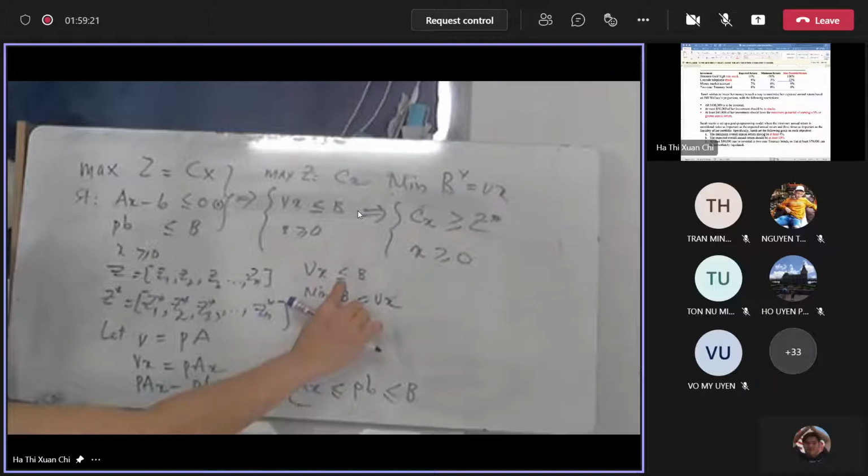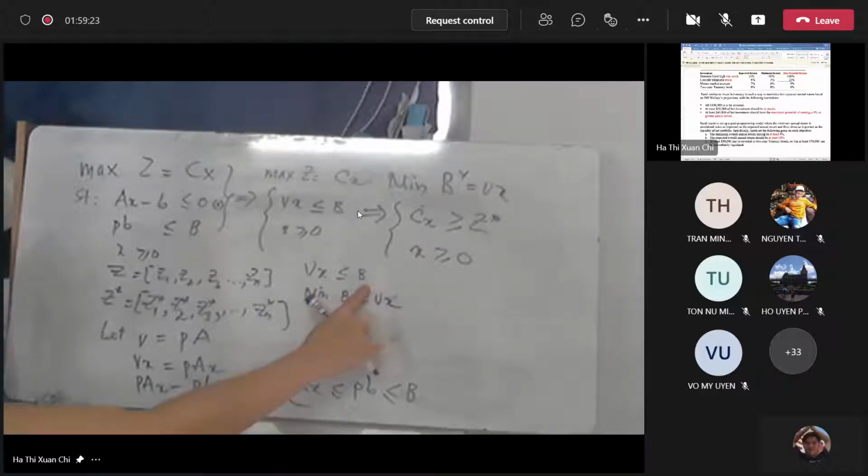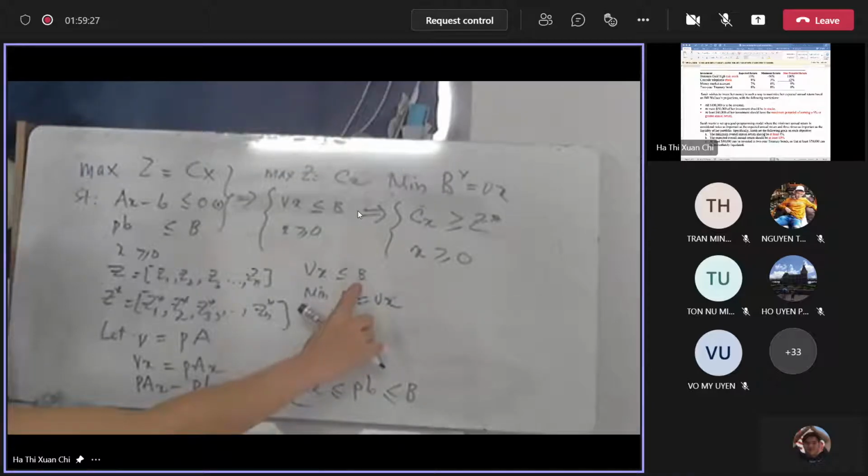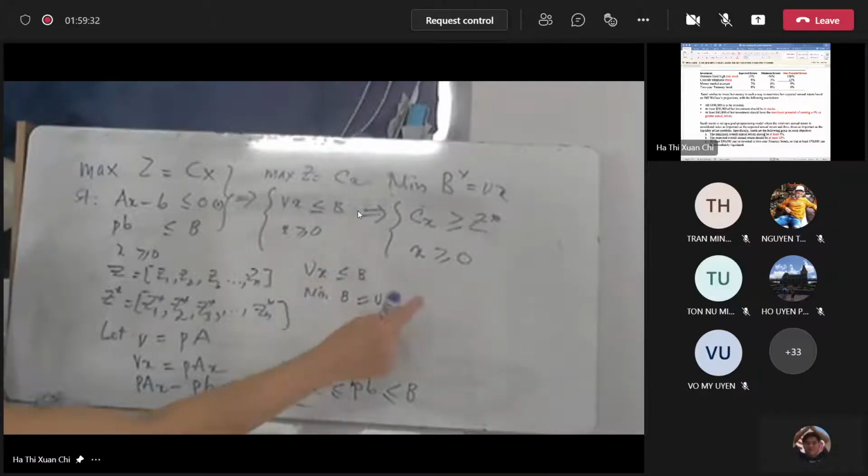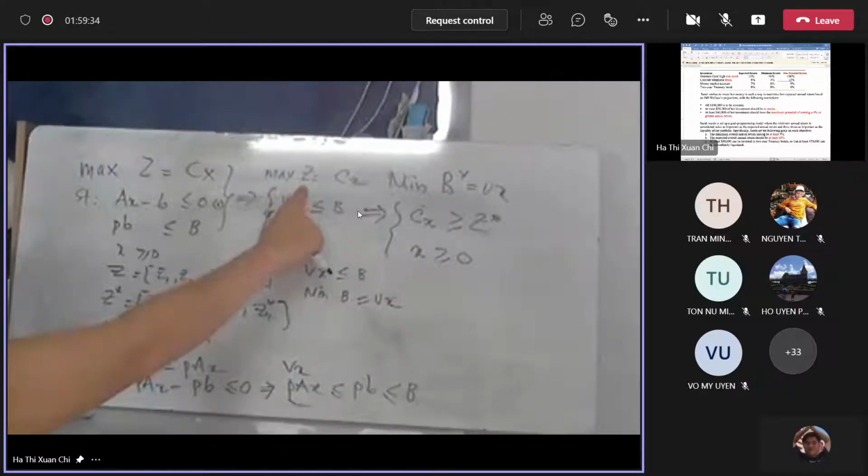Vx less than or equal to B. So the smallest of B here will be equal to Vx. So the same: maximize Z